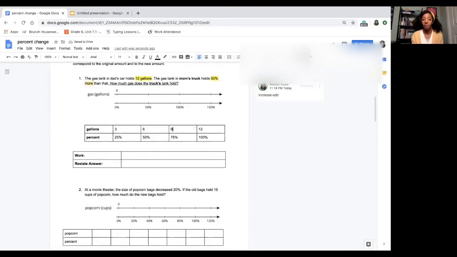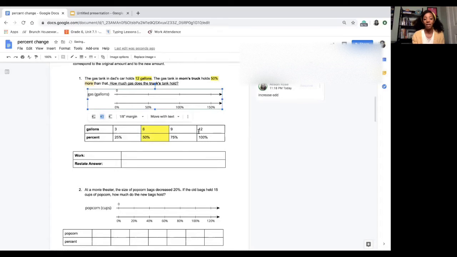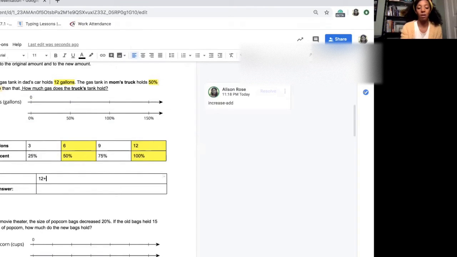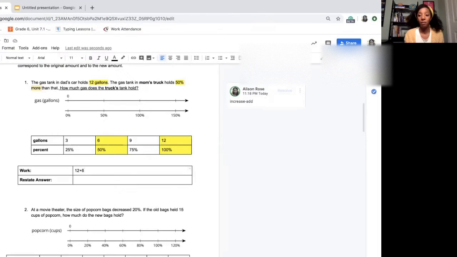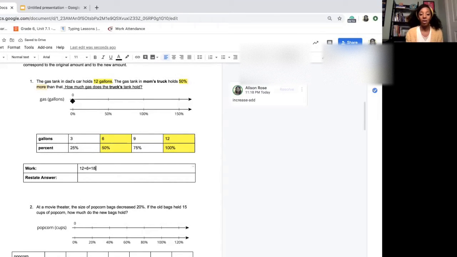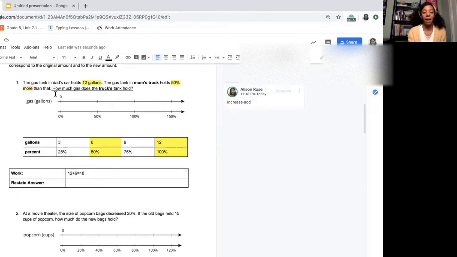be 12 gallons. We know because it's an increase and we're adding, Mom's truck has 50% more than Dad. That means we're going to take our whole, which is 12, or 100%, and we're going to add that to 6, which is 50% more of Dad's car. I know 12 plus 6 altogether equals 18. That means that Mom's truck can hold 18 gallons of gas. I look back at the problem. How much gas does the truck's tank hold? I'm going to say the truck's tank holds